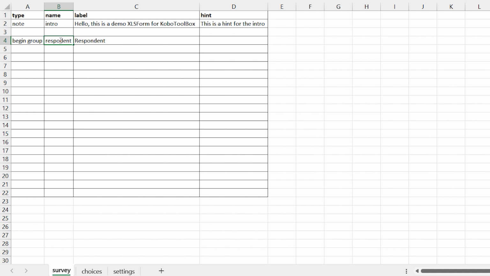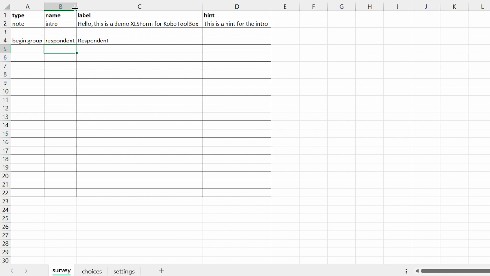So respondent. If you mistype and later on you have to use the variable name somewhere, there'll be an issue. Then below that,